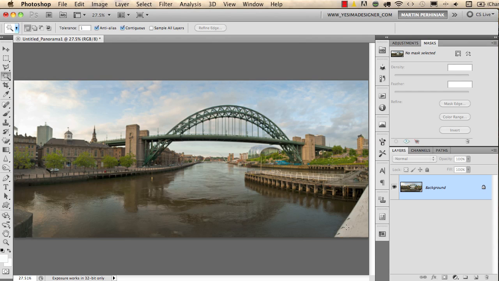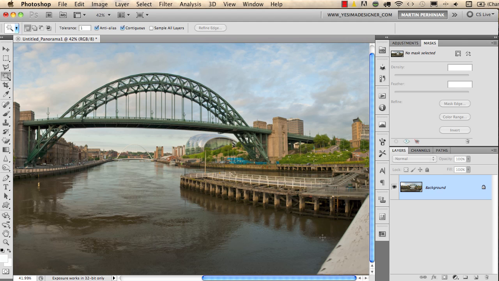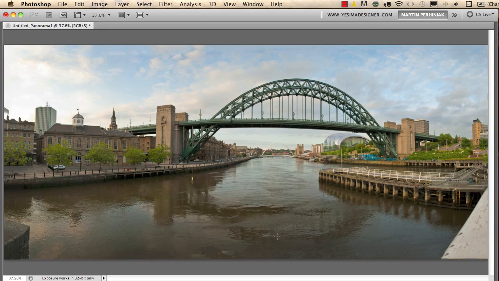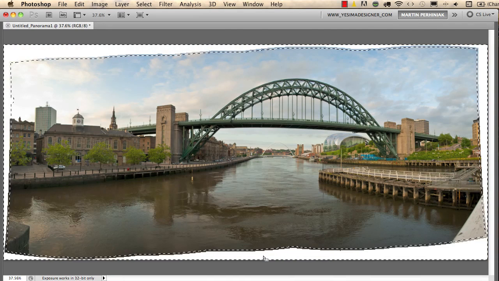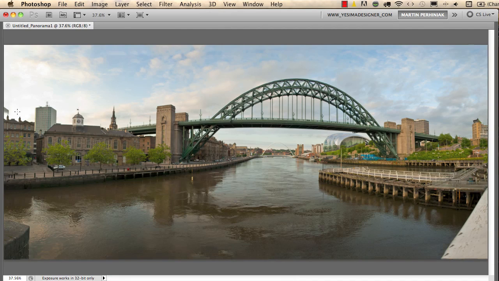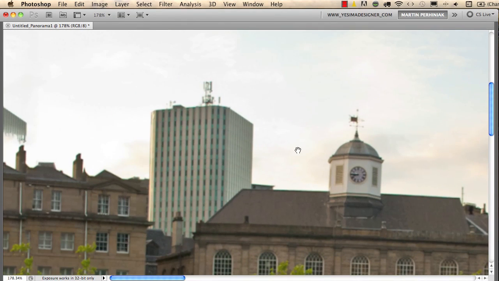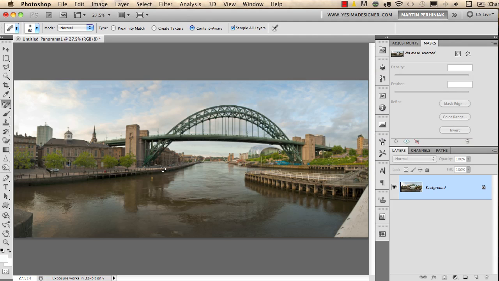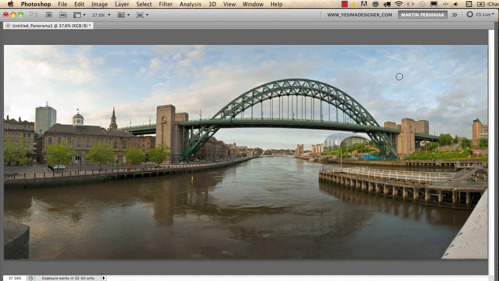You can see that even here on the edges we have a really nice detail. So this was before and this is after. Again on full screen, before and after. Maybe here on the left we have a little problem, but we can quickly fix that by using the spot healing brush tool with the content aware option and just simply draw over it to tell Photoshop that we would like to replace this. And that's it. So you can see that with content aware fill and scale, you can really impress your friends or your clients,